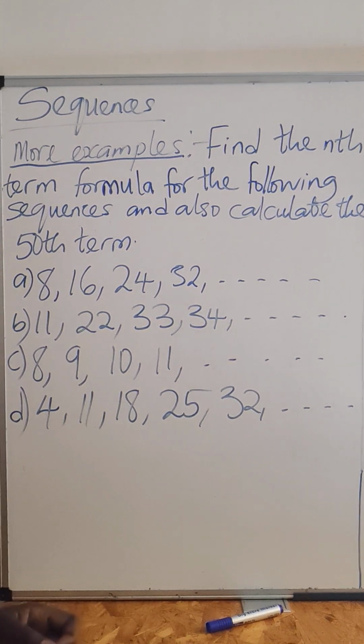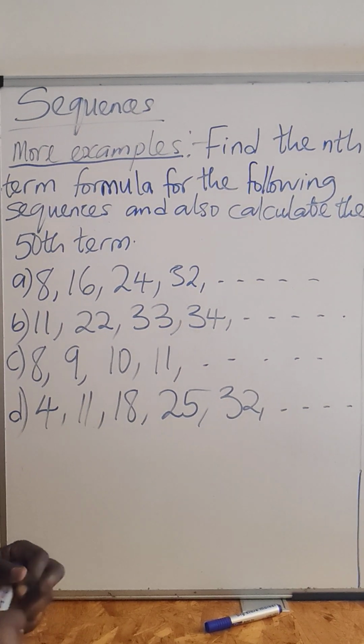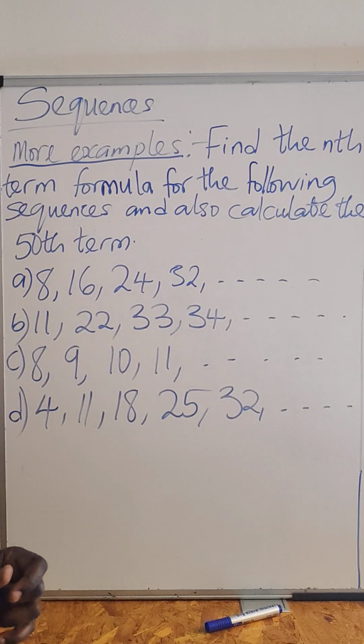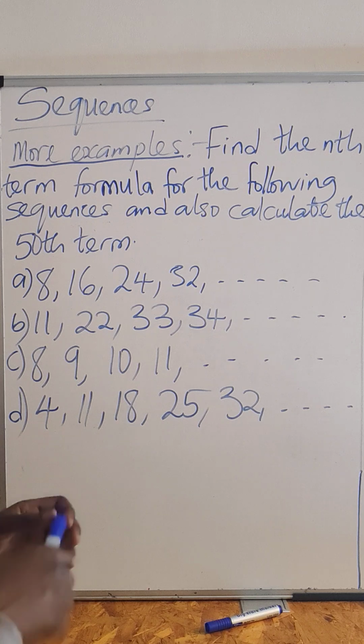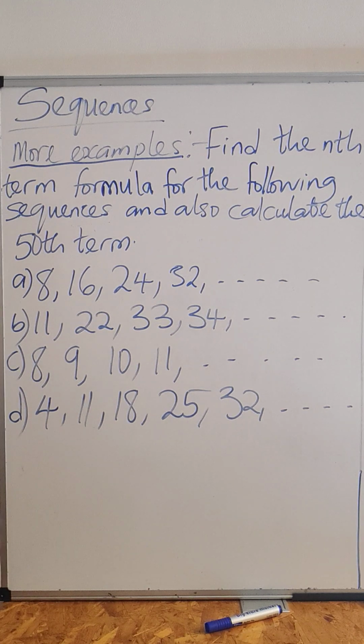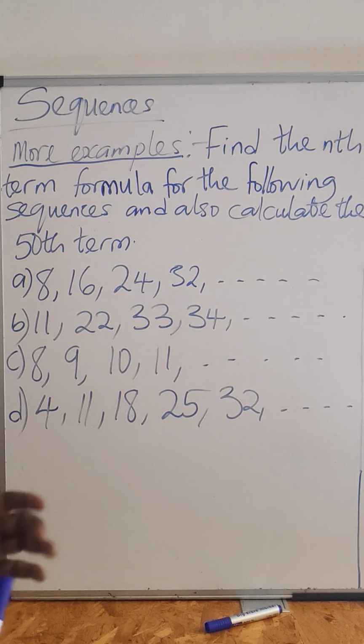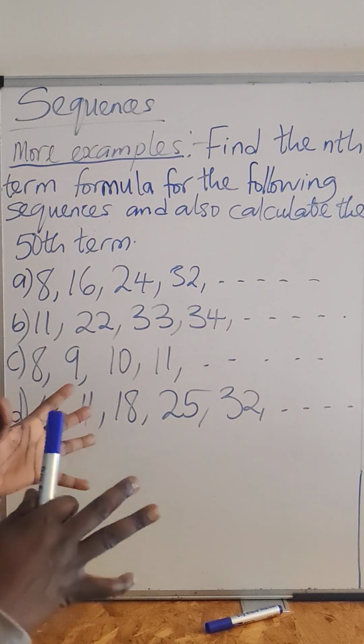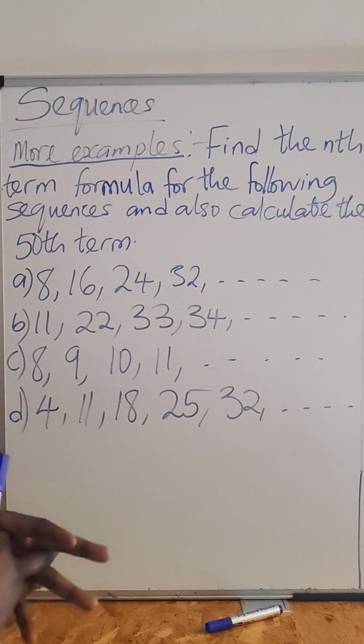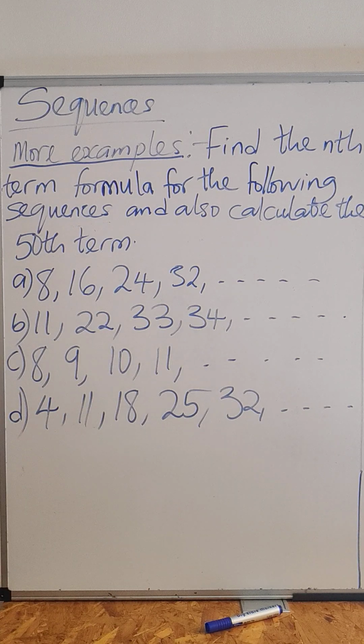Okay, welcome to class viewers, still on sequences. In the last video, I explained how we can get the rule of the sequence. I explained what the nth term is, how the connection has relationship with the position of the sequence. And so now the example on board is to find the nth term formula for the following sequences and also